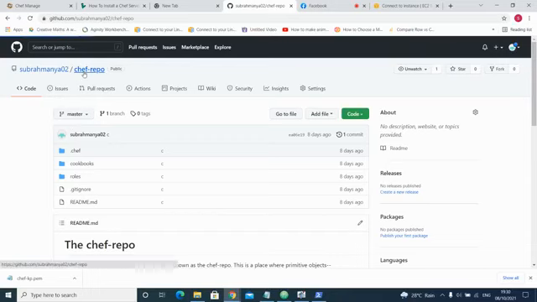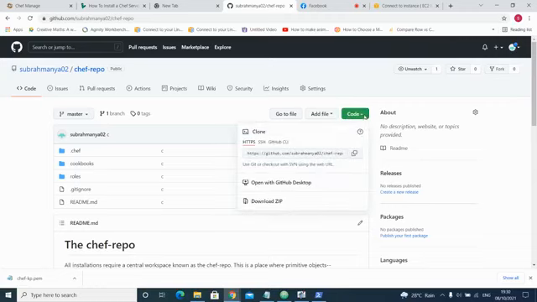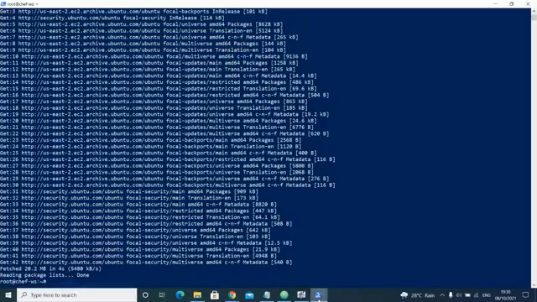Okay, so I'll just copy chef repo. It contains my credentials. I'll copy this folder. It contains my hosted Chef credentials. So I'll come back. Okay, so now I updated.